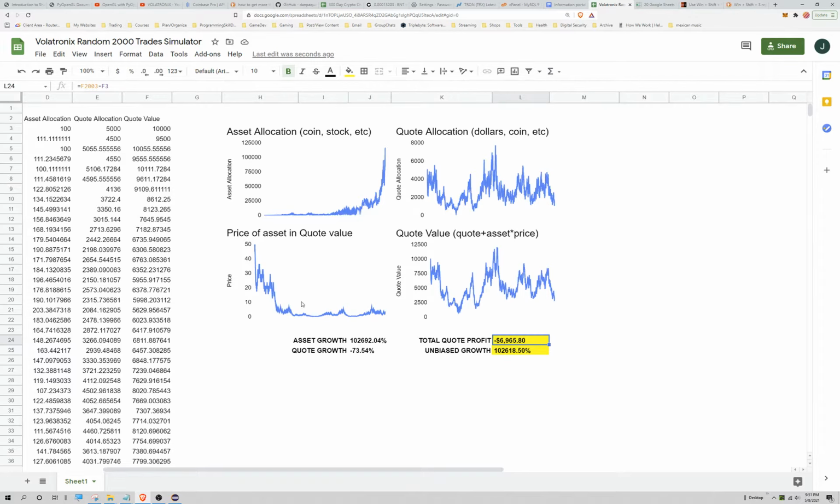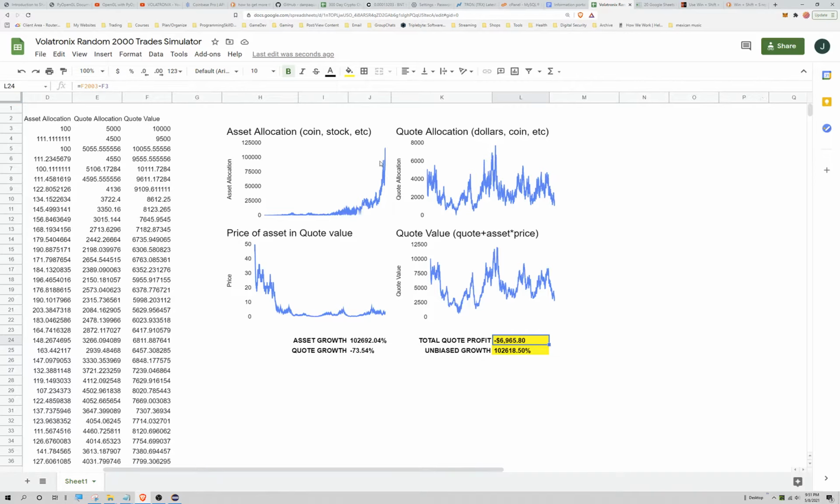All right. So the unbiased growth is what we're going for in this program. That's what I'm promising. That's what I'm guaranteeing. So if you say, can I lose money? Well, that depends. Are you going to stop trading and pull out if this happens? That would be pretty stupid to sell 100,000 Bitcoin and not just hold on to them, right?